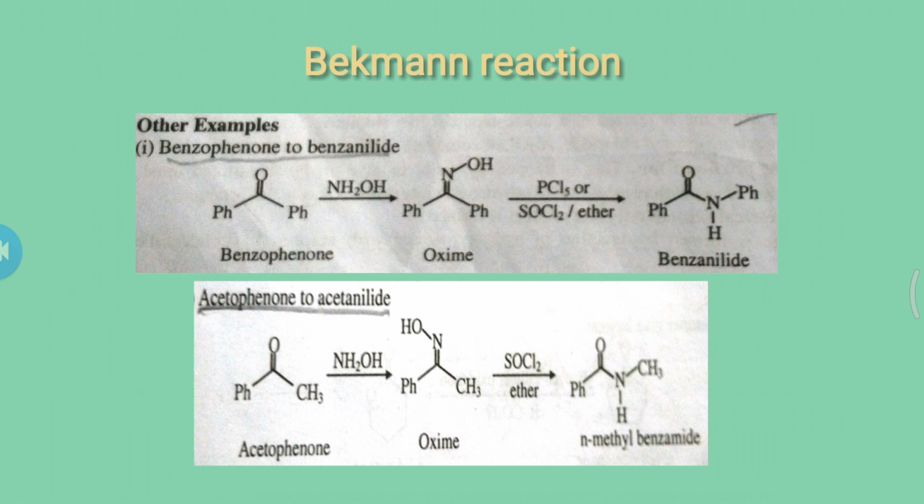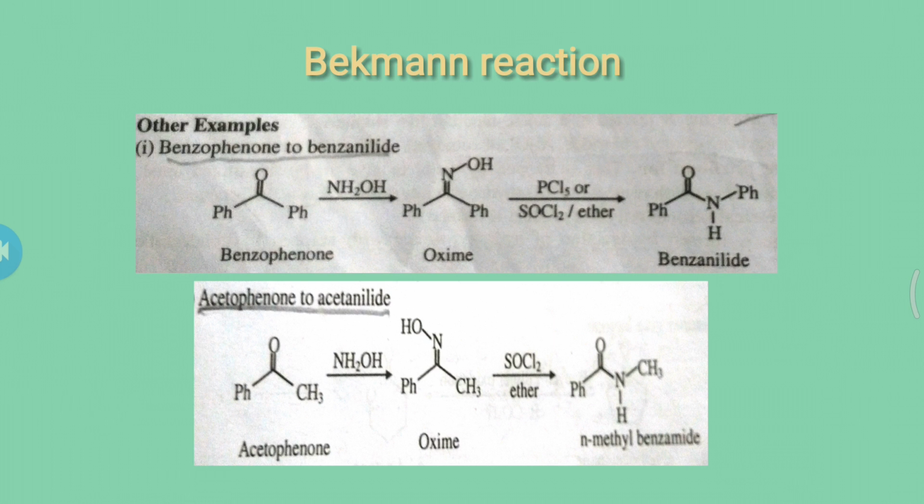So it forms an oxime, a simple oxime. And this oxime reacts with PCl5 or POCl3 or SOCl2, whatever may be, acids are used to form the product. The phenyl group migrates to nitrogen, the group opposite to the hydroxy group, which is the eliminating group. Here there is no competition because both phenyl rings are similar.